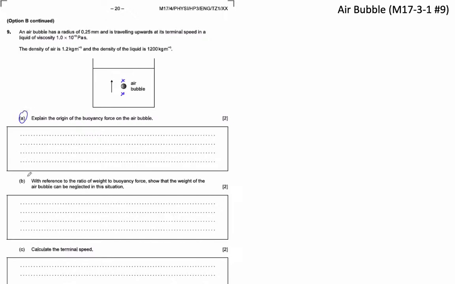And then B says that with reference to the ratio of the weight to the buoyant force, well, remember the weight of an object is just the density times the volume times g, right? Well, the volume is the same, g is the same, so the ratio of the weight to the weight is just the ratio of the densities. These cancel out, so it just ends up being the ratio of the densities. So talk about that ratio of the densities. If it's a very small ratio, that is, air is much smaller than the liquid, then you could neglect that,